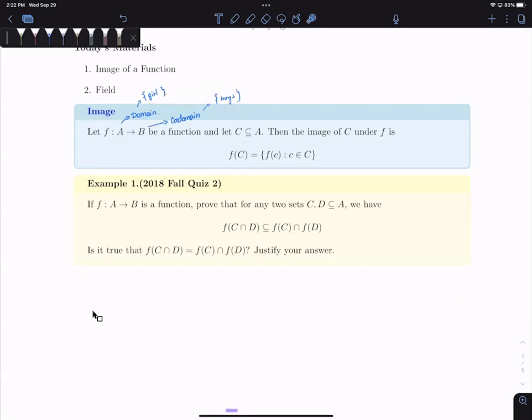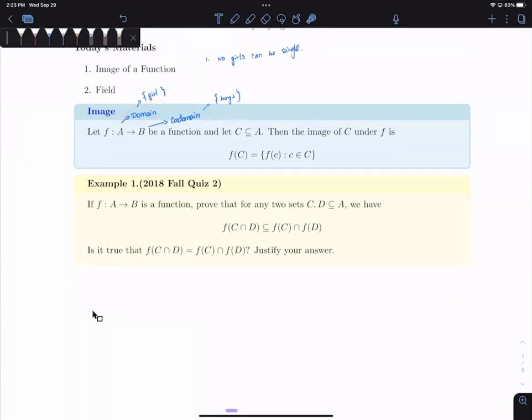So now we're in a dating show. And in this dating show, the rules are every single girl has to be mapped to a guy. So no girls can be single. The first thing is no girls can be single. They have to map to someone. So that's every single element in my domain has to be mapped to something.